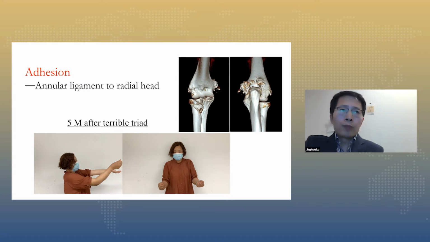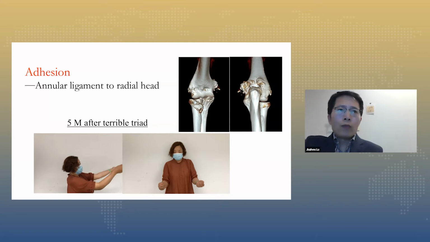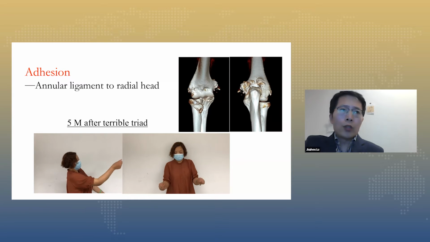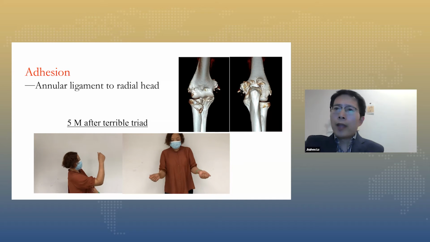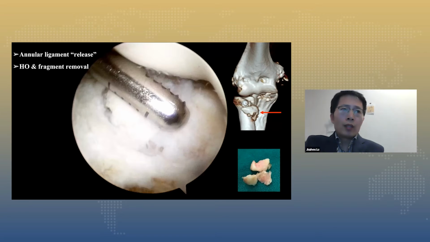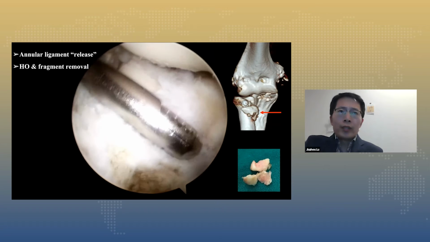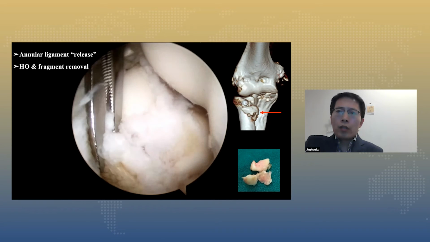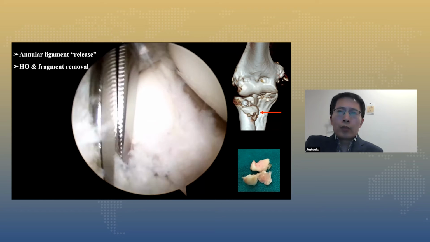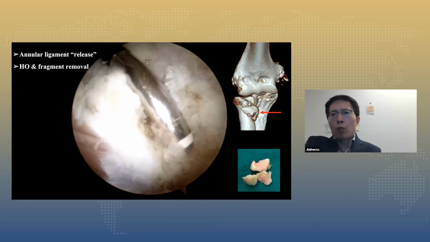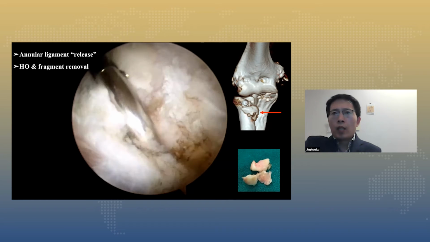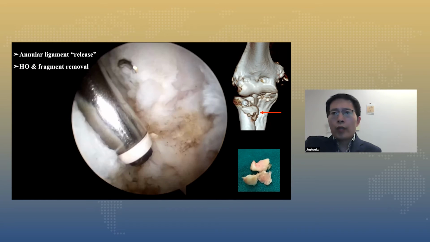And this lady is a surgical treatment failure. She comes with very limited elbow motion and forearm rotation. We can see HO and the fracture fragment in front of the radial head. Anterior compartment is debrided and the annular ligament was released, and the heterotopic bone and the fracture fragment were removed through this approach. We can see there's quite severe scar tissue surrounding the HO and the